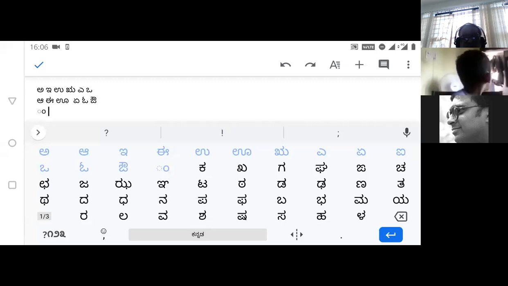It looks like a semicolon, but without the comma, 2 vertical dots. These are called Yavavahas.